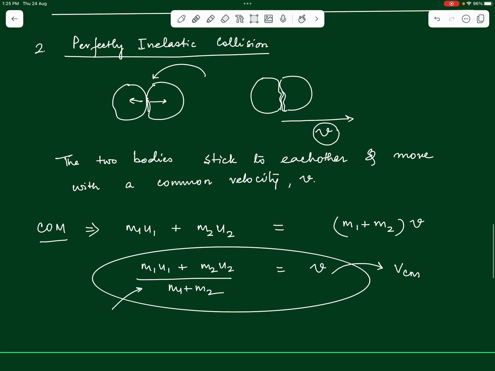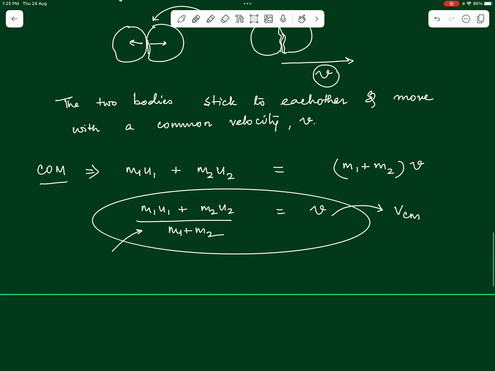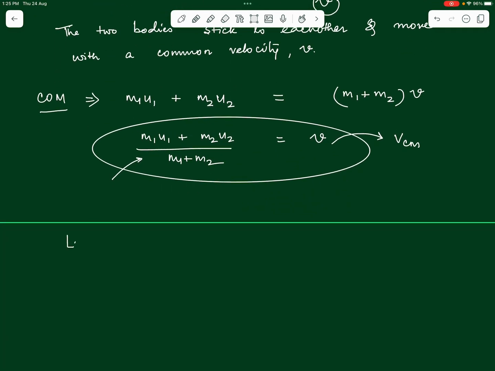And in fact, the loss of energy in case of a perfectly inelastic collision is the highest amongst all the types of collisions we discuss here, which we can find out. We can find out the loss of kinetic energy of the system here by, do we understand how do we get the loss? Can we say the loss will be nothing but the initial kinetic energy of the system minus the final kinetic energy of the system? Can we say that? Because we know that the final kinetic energy is less than the initial kinetic energy, isn't it? Now if we just try to get the expression for this, initial kinetic energy is nothing but half m1u1 squared plus half m2u2 squared